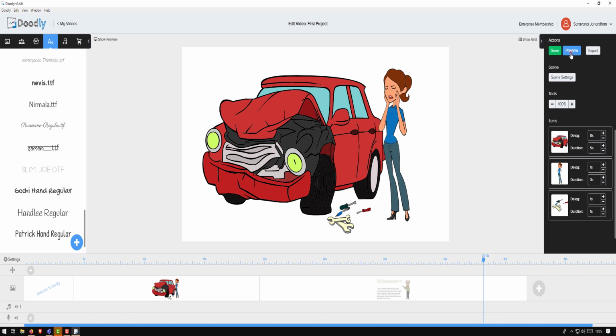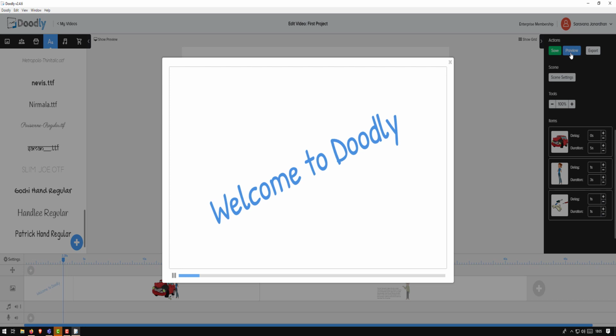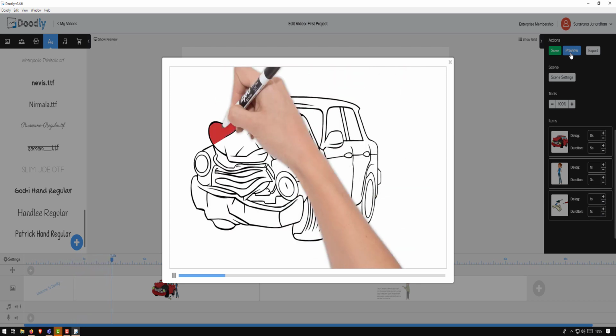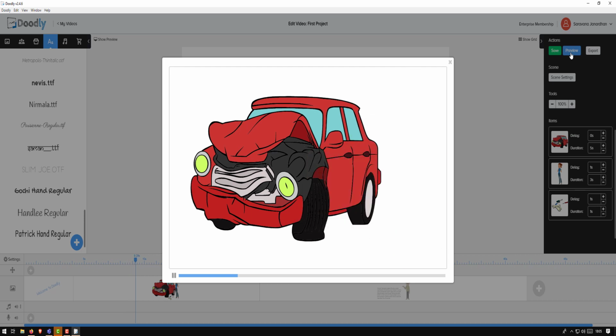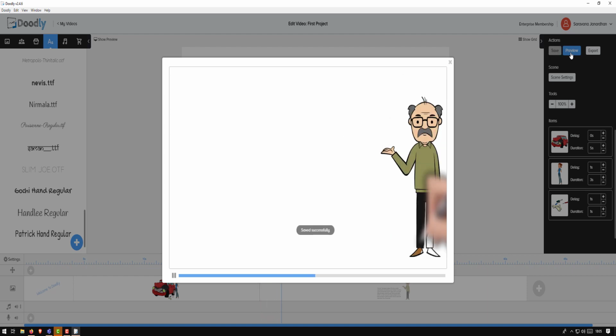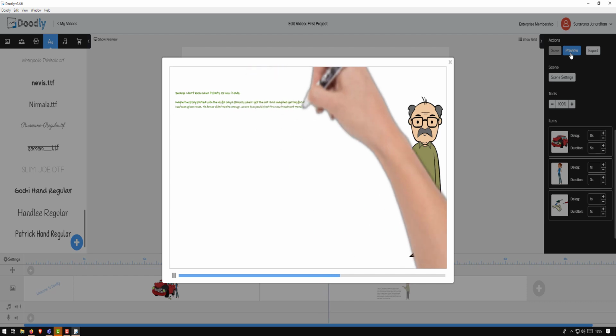So let's quickly preview. That's our scene 1. Immediately it went to scene 2. Now it's because I said I think 4 seconds, it's waiting 4 seconds for me to complete the scene and then move to the next one.